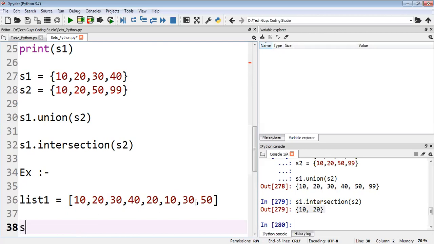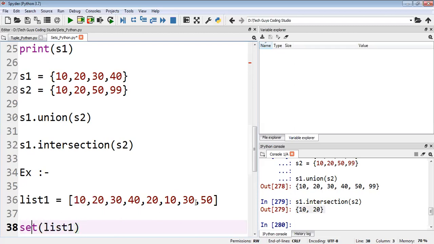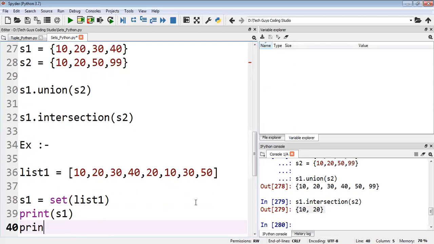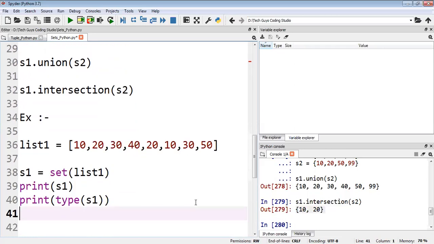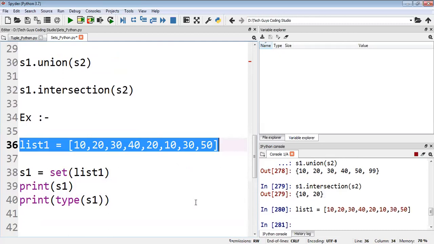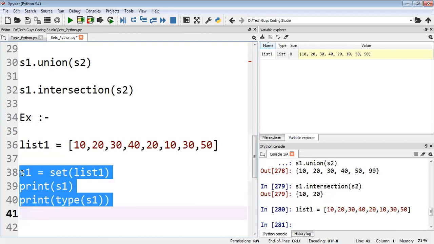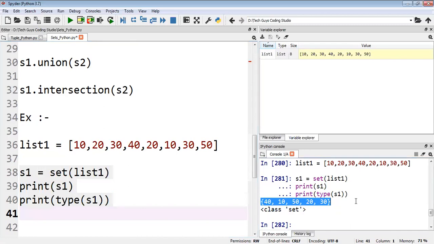For that, what I will do here, I will first convert this list into the set. As soon as I convert the list into the set, it will remove all the duplicate values. Here I'll print, and I'll check the type as well, the type of s1. Yeah, this is my list I've executed. Now what I will do here, first I will convert to the set, then I will display all the values. So see, can you see here, you do not have any duplicate value in this, like 10, 20, 30, 40, 50 we have, and the set type.